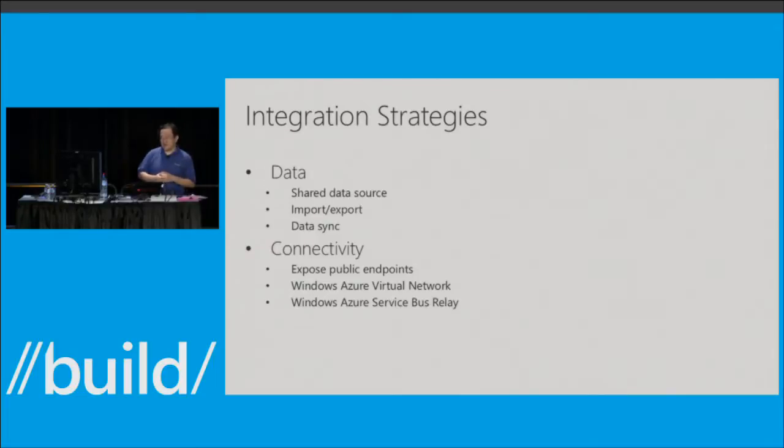And the other way you can use is the Windows Azure Virtual Network. What the Windows Azure Virtual Network does is allow you to allocate a segment of your on-premise network, and you can combine this network with your virtual network on Windows Azure through a site-to-site connection, so that the machines on this virtual network can talk and connect to each other as if they are on the same local network. So they can ping each other, they can use TCP to communicate with each other. It's just like they're in the same network.